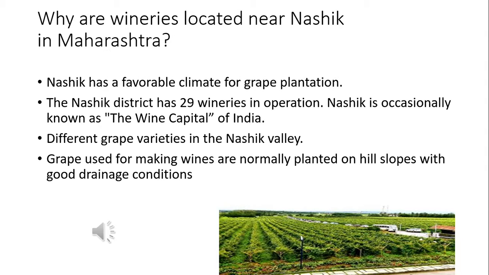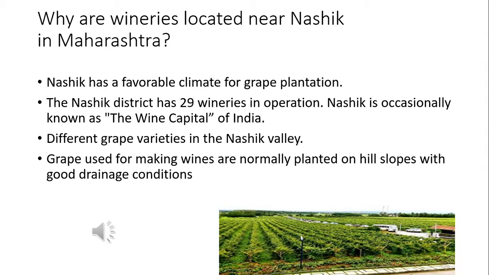The next question is, why are wineries located near Nashik in Maharashtra? This is an interesting question because this is in our state and Nashik is not far from where we live. Nashik has a favorable climate for grape plantation,